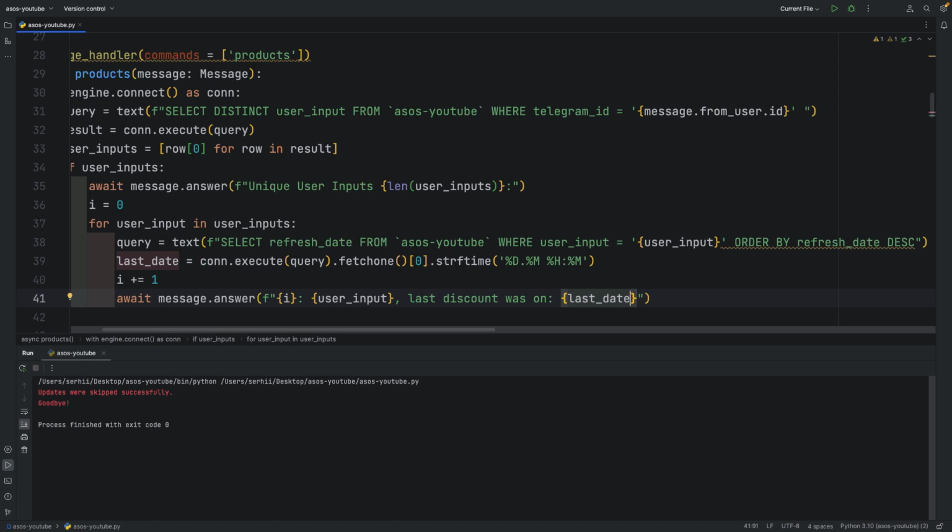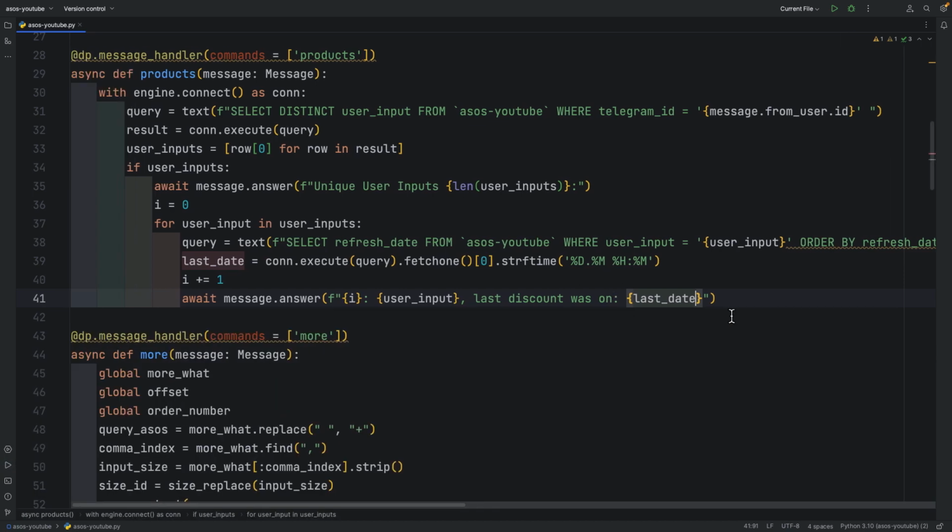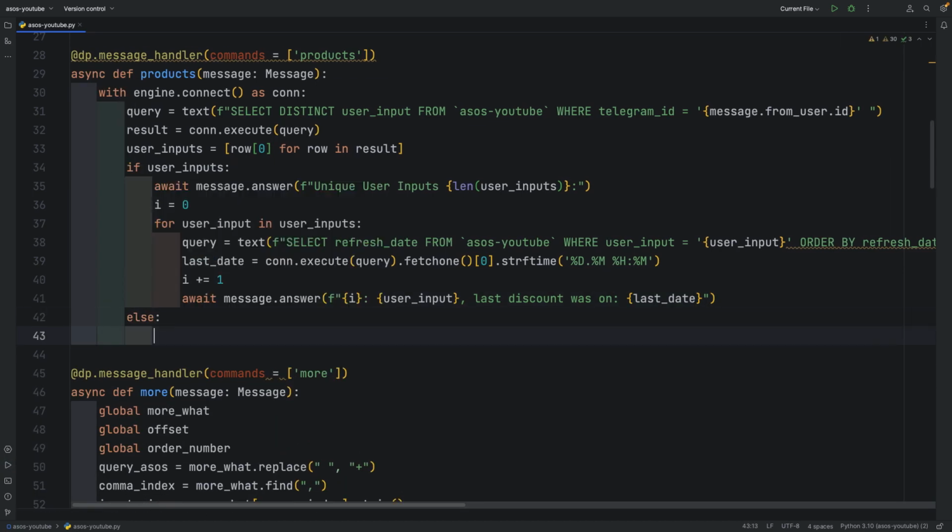We will also add an else section to handle the situation where there are no user inputs. In that case, we will display the message: "No user inputs found." Add one by writing size, product name.